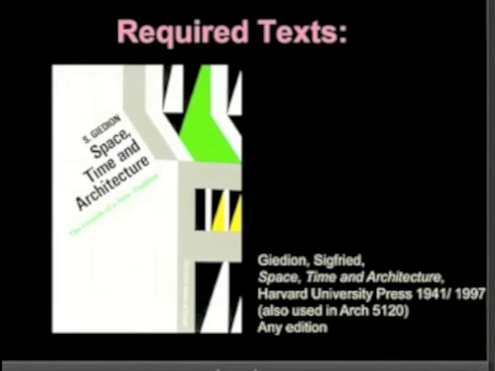And so when you read this book, you're not simply reading a kind of overview of a history that's been written, but you're reading a polemic that forces the history to write itself in many ways. And so Giedion goes back to the Baroque period. So we'll be reading this throughout this course, and we'll be reading a little bit of it also next quarter. He looks at the Baroque period as a moment when architecture started to be really about space, stopped being about the edges of a building and more about the play of space, which for Giedion is the modern condition of architecture. So it's a great book. That one is so much fun to read.